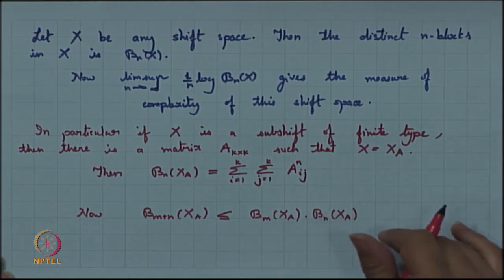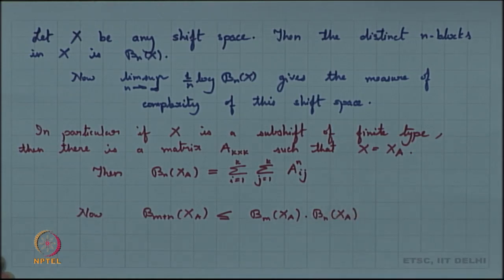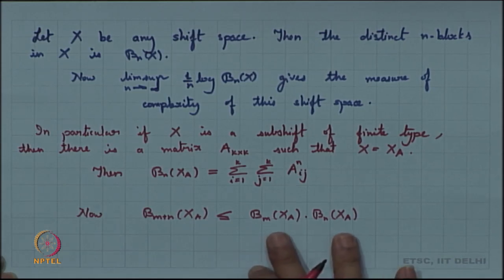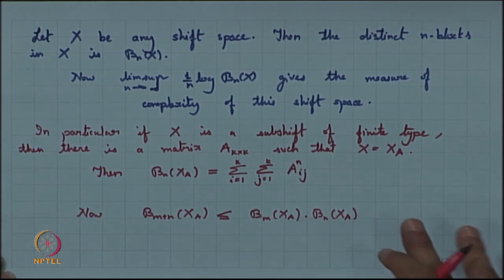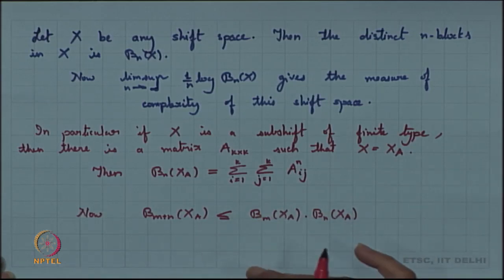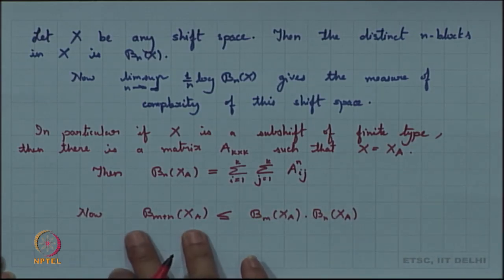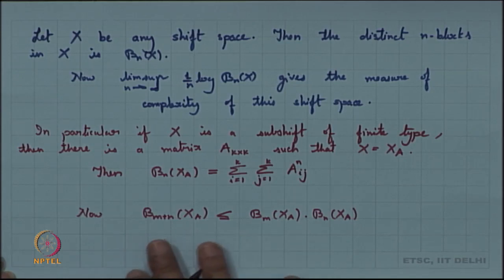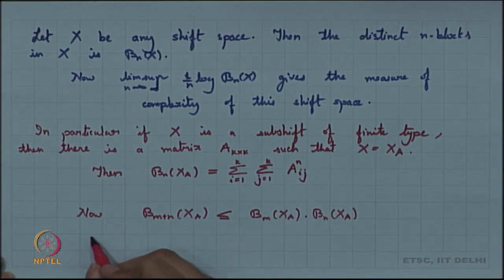Because any n block can be extended to an m plus n block, and any m block can be extended to an m plus n block, if you multiply the two, that will always be some number which is greater than the total number of m plus n blocks. So the number of blocks satisfy this subadditive condition. What is the subadditive condition? We can simply say that, hence